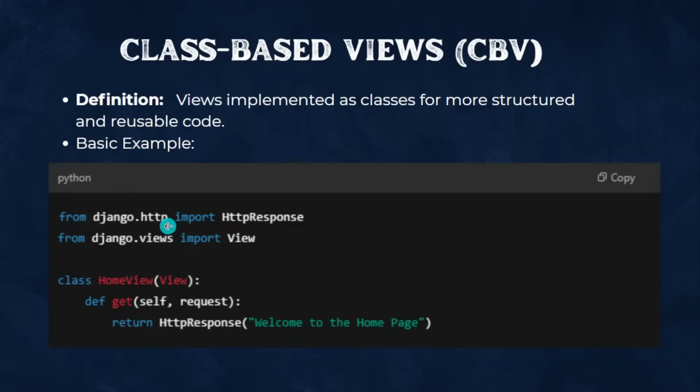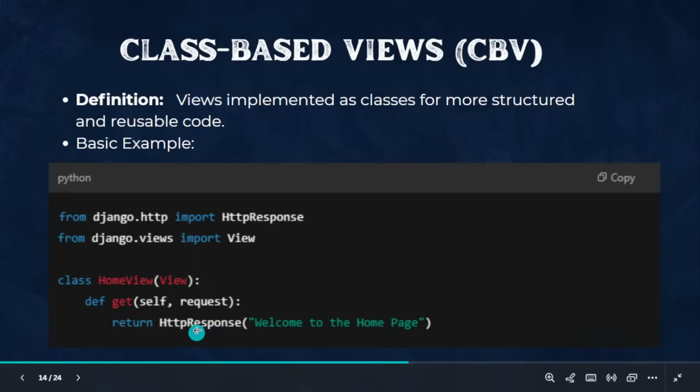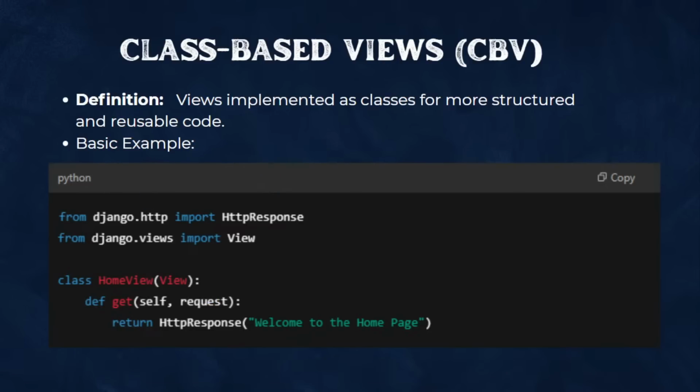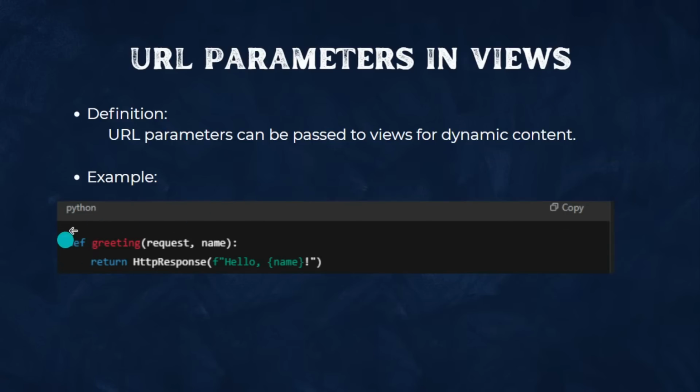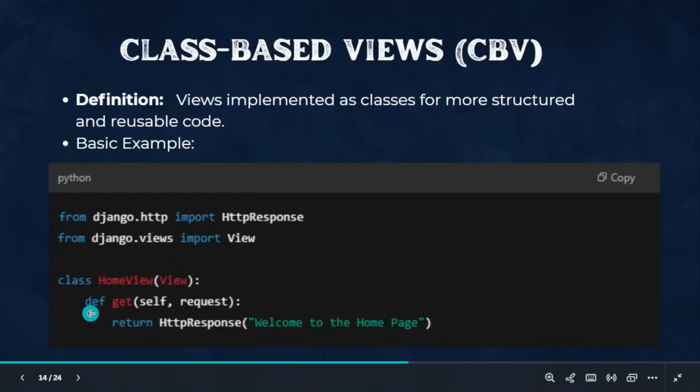And from django.http, we already imported it. In Django we have an http module, and we import the HttpResponse package, and we use it in the function. This is how, previously, in the view file we used a function, and here we use a class. Why do we use a class? Because